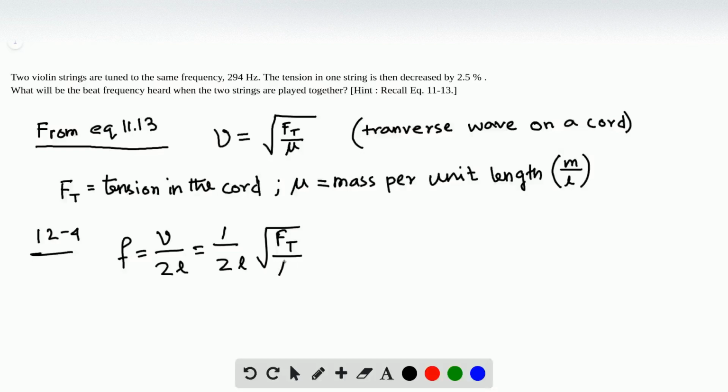where we don't know the tension and mass per unit length, but we don't need it because we have a hint which is given here. It says our tension in the string is decreased by 2.5%. So we know that this frequency is 294 hertz. Now if the tension in the string is decreased by 2.5%, then our velocity will change, and that will change our frequency as well. So the new frequency